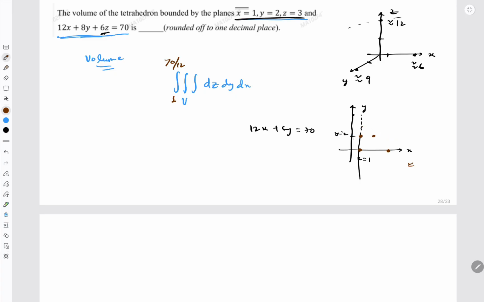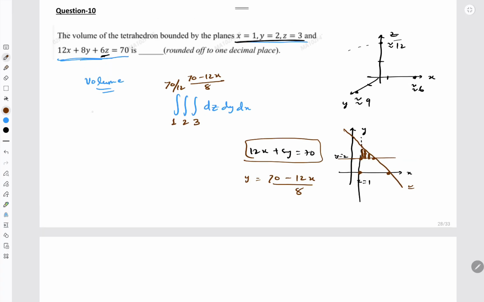So if I just clean it up a bit, y is going from 2 to whatever the plane allows, like this, right? So y will go from 2 to whatever the plane allows. So what is the equation of this line here? This one. So y is equal to (70 minus 12x) upon 8. Now similarly we can do for z. So z will start from 3 and it will go till 6z. I can rewrite this. 6z equal to 70 minus 12x minus 8y. So z is equal to (70 minus 12x minus 8y) upon 6. I mean whatever the plane allowed, just like in this case whatever the line allowed, whatever the plane allowed,